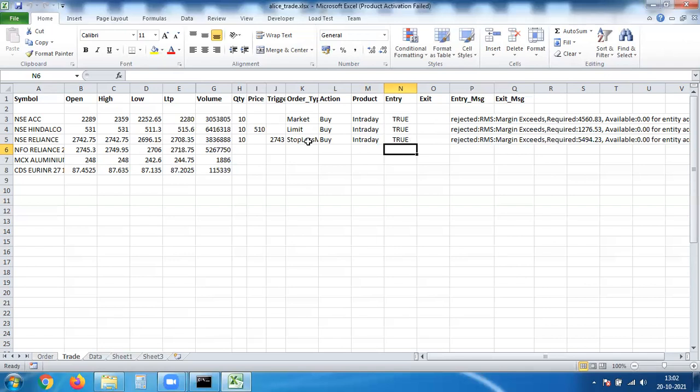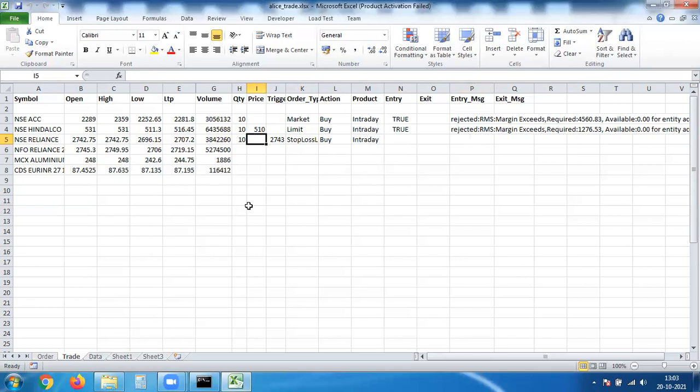Likewise, now if you want to modify this order for some purpose, say you entered it wrong, just remove this message first, then remove the entry message. And here, instead of stop loss market, I want this to be a stop loss limit, because whenever it crosses 2743, there will be huge volatility, and momentum will be picking up.